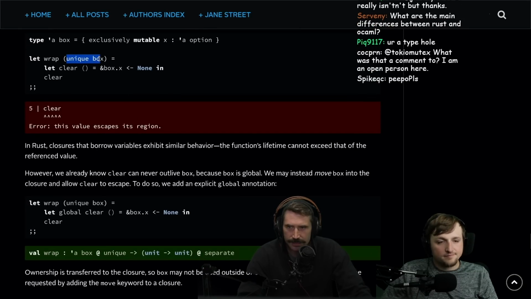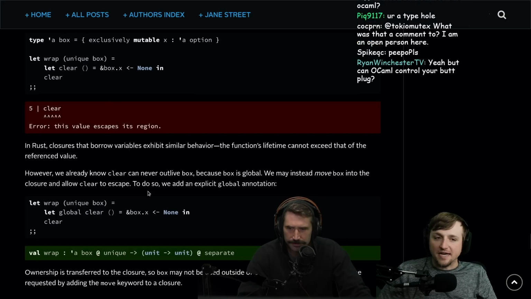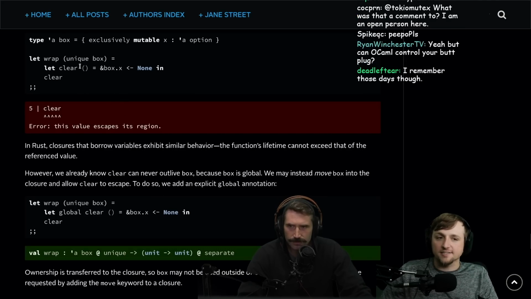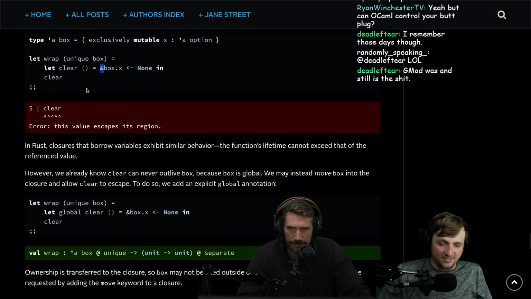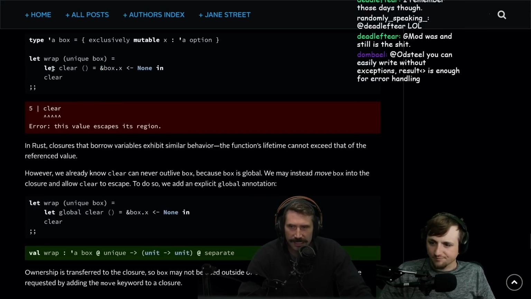That makes sense, because you have a closure and you have to denote something in here. Basically, it's like if you passed an owned value into Rust and returned a function that references it, Rust is going to yell at you. You can't do that. You have to fix this. You can't just pass callbacks around like that.